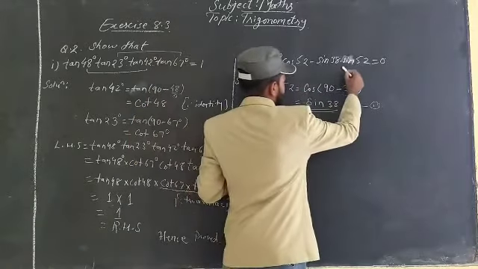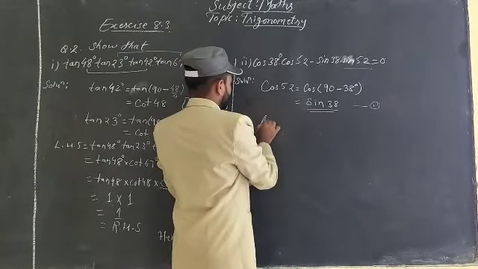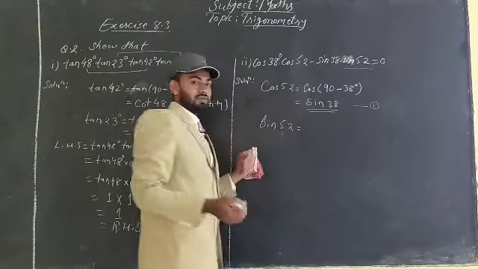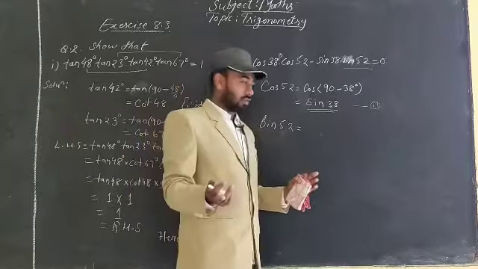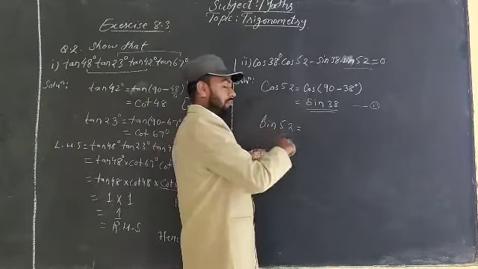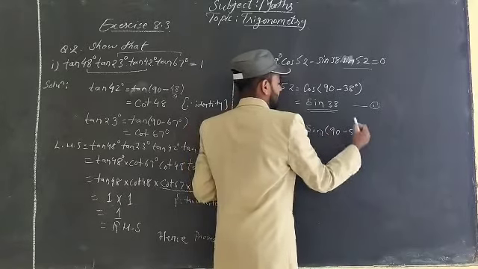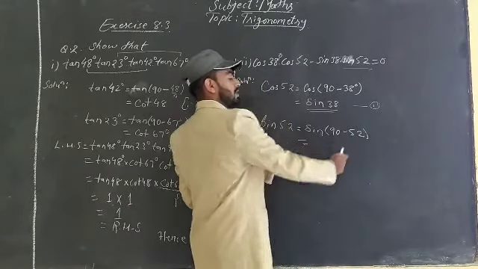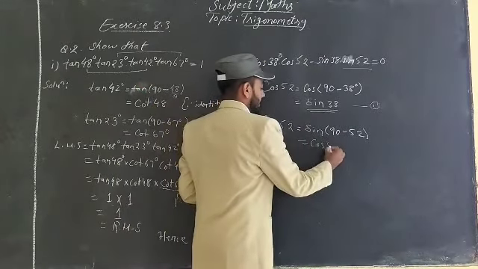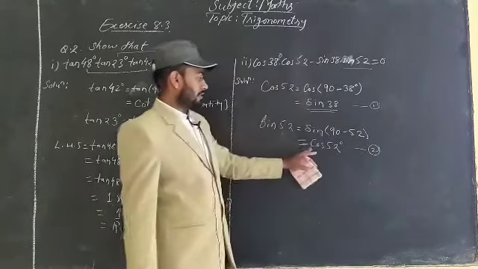Okay, now I'll change this sin 52. We are done by identities. You have to remember every time sin changes into cos and cos into sin. So we made the adjustment in the complementary angles. Now here sin 52 is there. Sin 52 I can write as sin 90 minus 52 degree. So sin 90 minus theta is equal to cos theta, and that is cos 52 degree. Give it as 2. By identity we are writing this.